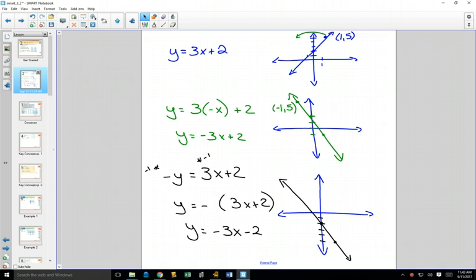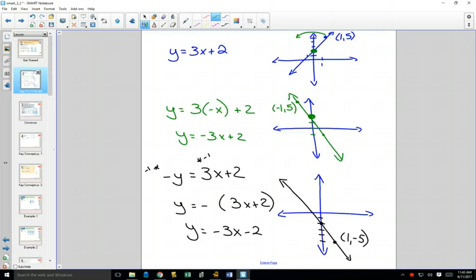Now, if we think about the point 1, 5, if it got flipped down, we should have the point 1, negative 5. Is that the case? If you plug in 1, sure enough, you get negative 5. So a couple of other things I want you to notice in this. Does it make sense that when I reflected over the y-axis, which we're going to call a horizontal reflection, that was our green graph. On our green graph,